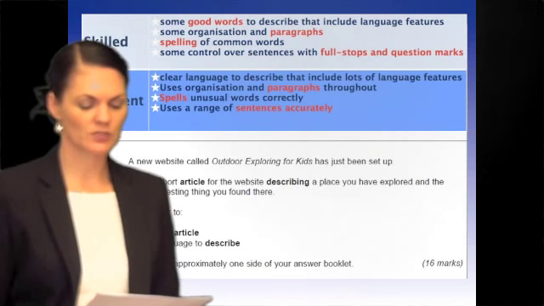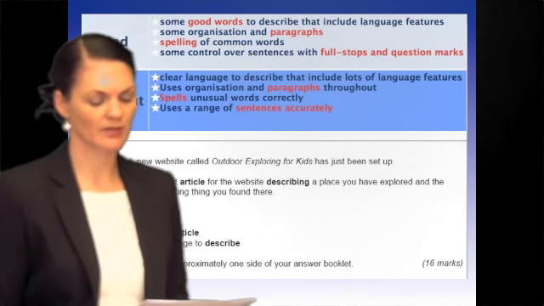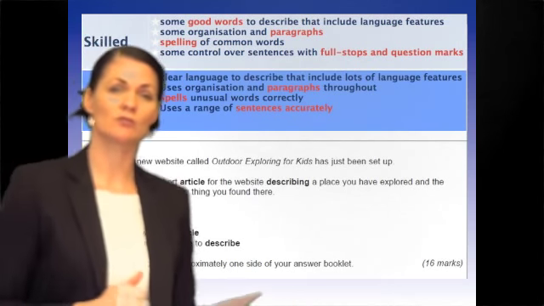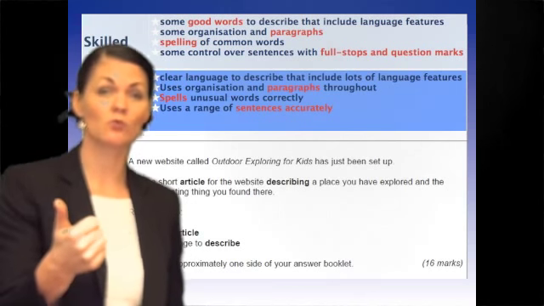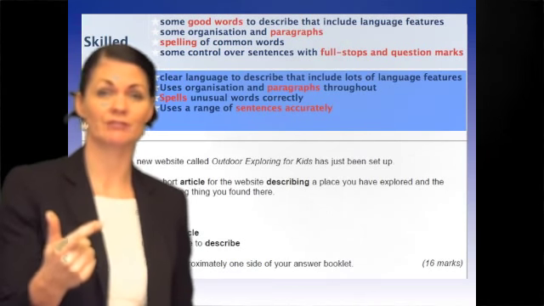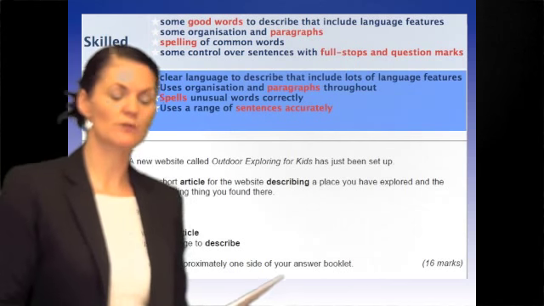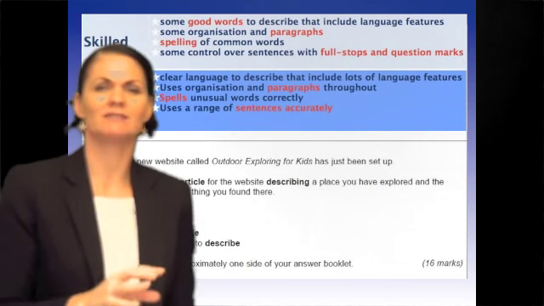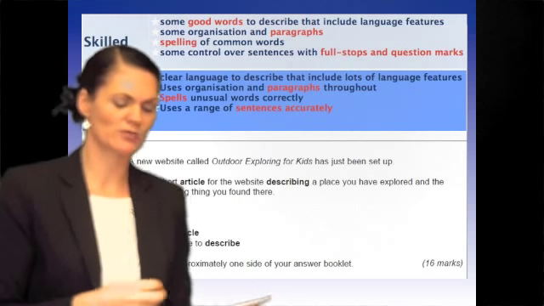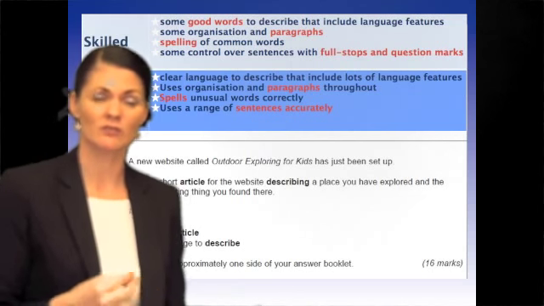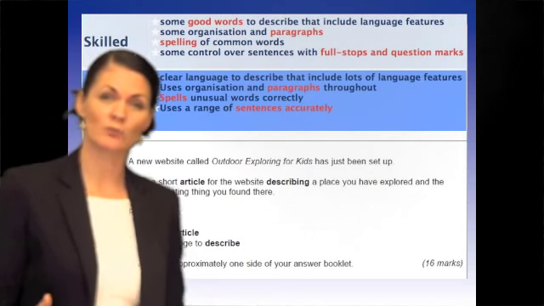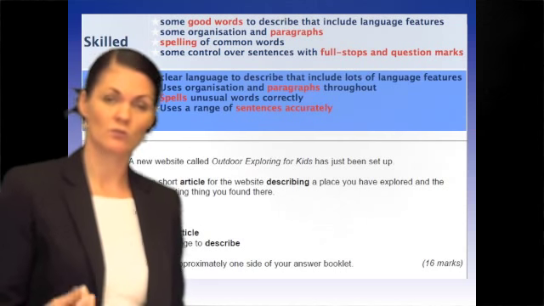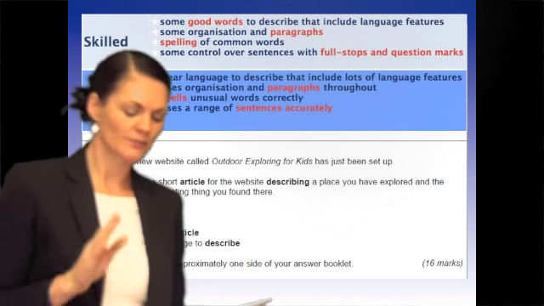A place that you have explored and the most interesting thing that you found there. So it's asking you to do two things really. Explore something you've explored and the most interesting thing that you found there. Lots of people just read the first little bit and then forget about the second bit and don't get that most interesting thing that you found there. This is really helping you to structure what you're going to write. Okay, now